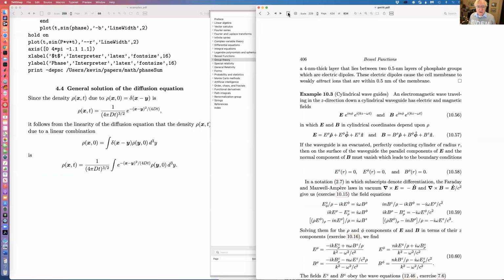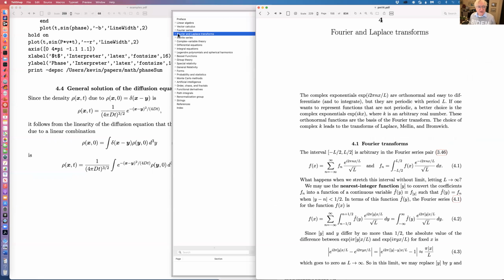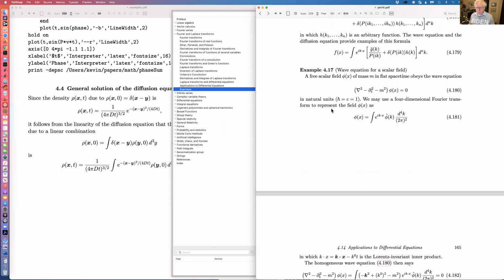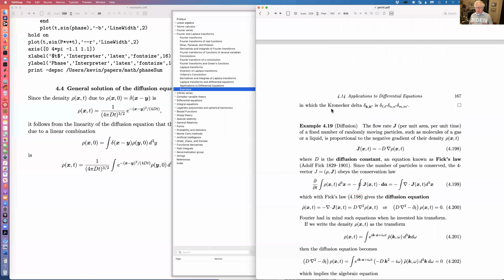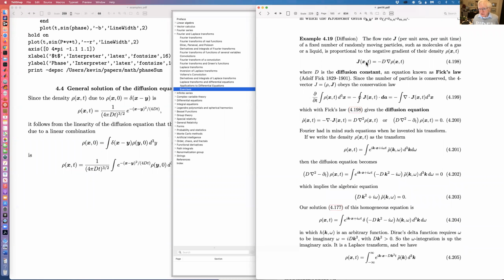So let's go to Fourier and Laplace transforms. I'm not sure if this is the right place. It's the diffusion equation. Here we are. So diffusion,